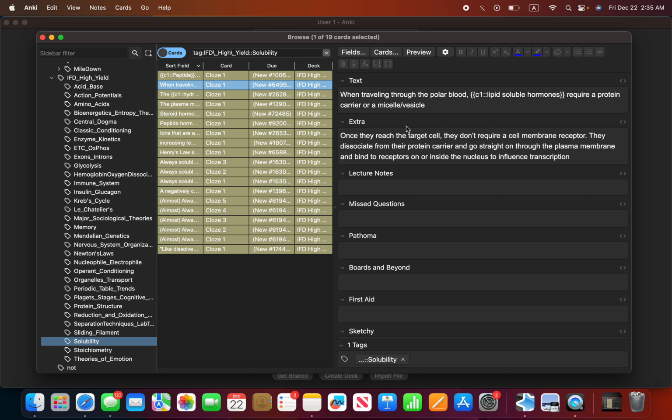Lipid soluble hormones require a protein carrier, yes, because they are lipid soluble, and lipid is not polar. Lipid has these long chain fatty acids that are non-polar,